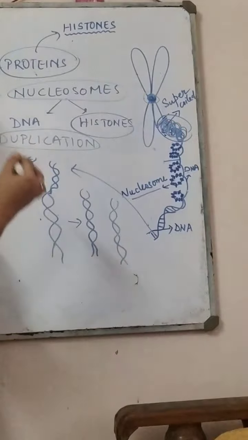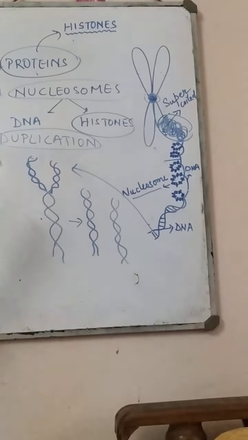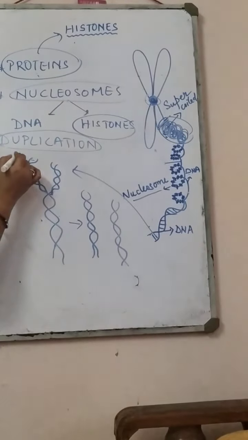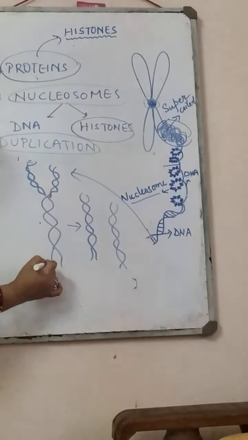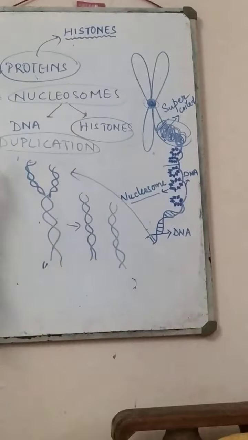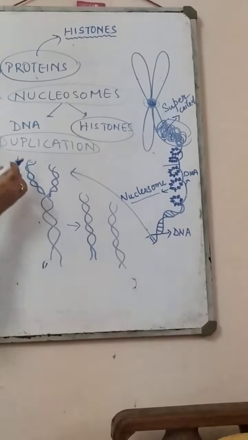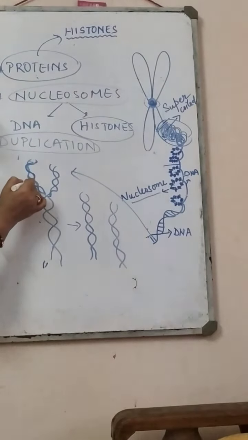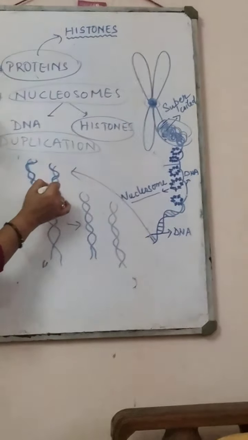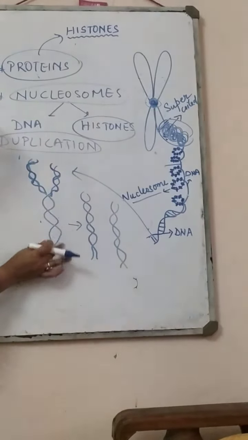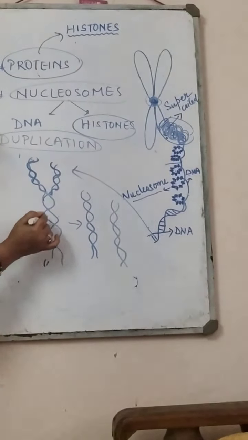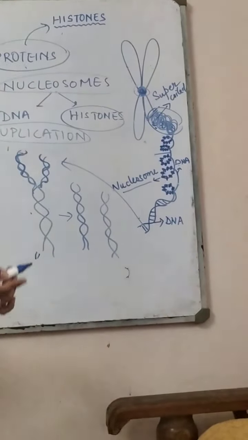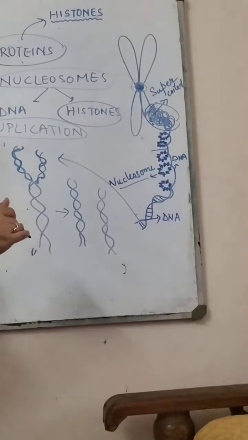Okay, and how does DNA duplication occur? Whenever DNA is going to divide or duplicate, it splits from one end. This is one end, and this is another end. It starts splitting the strands, and both strands get separated from one another. At that particular separating end, again the base pairing starts for both the strands. So like this, slowly it opens, and the new strand gets attached to the old strand. In this way, DNA becomes duplicated, or doubling of DNA happens. That's all for this video.